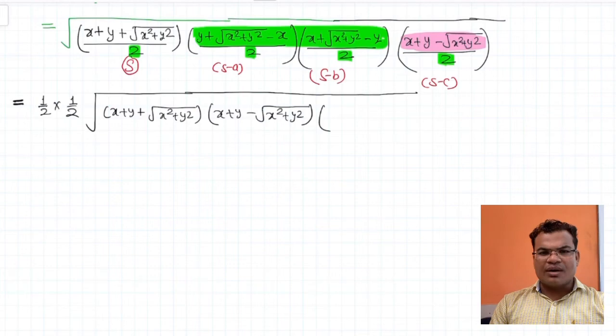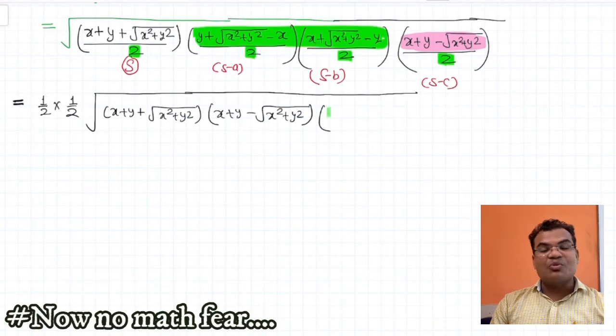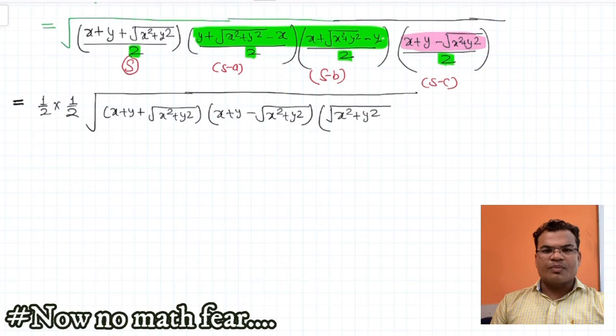So these 2 terms highlighted by the green ink, I can write together so that I can apply some formula behind this. If you notice, this will make one formula, that is a plus b and a minus b. I will modify it, apply the formula and simplify further to solve this under root sign, because we don't want under root sign in this area of the triangle.